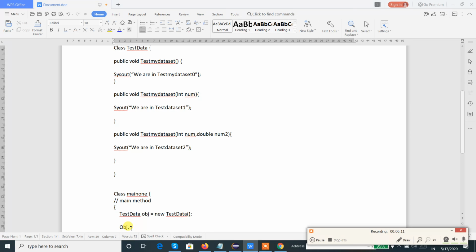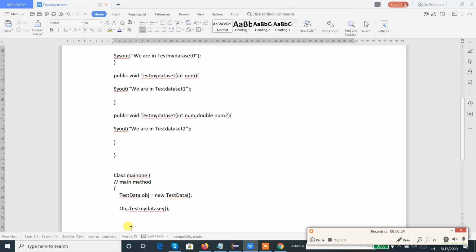Let me call the first method. One is test my data set without any parameter. Second one is obj dot test my data set with a single integer.